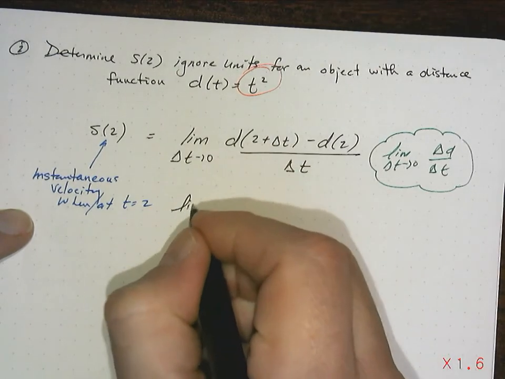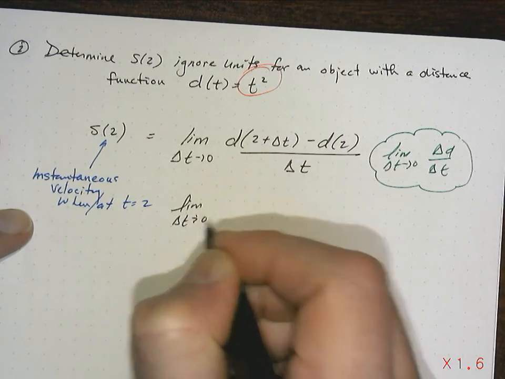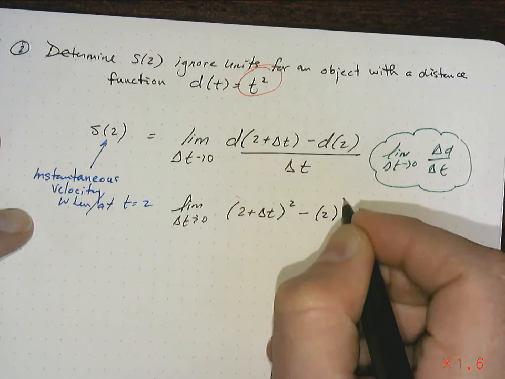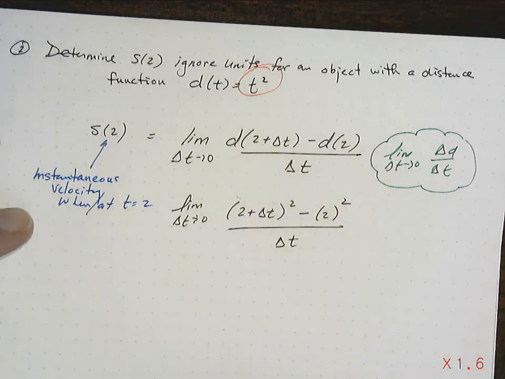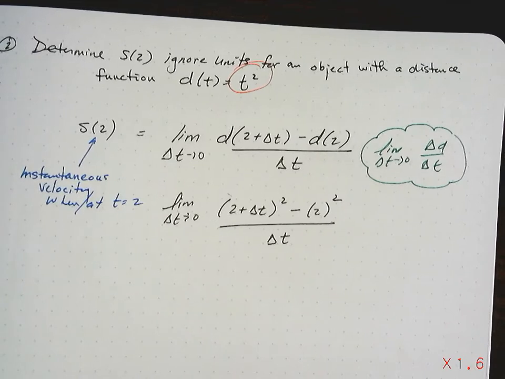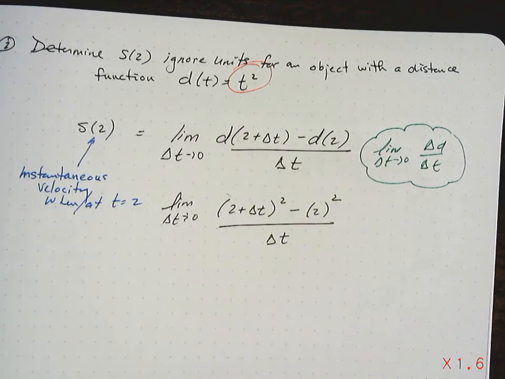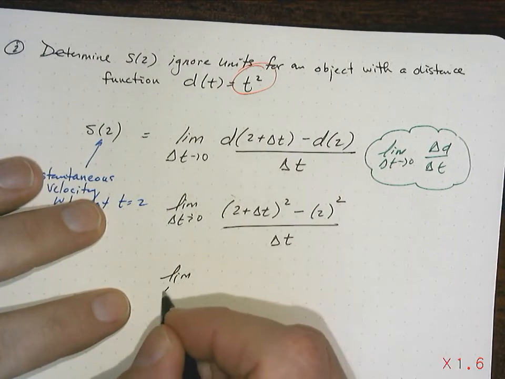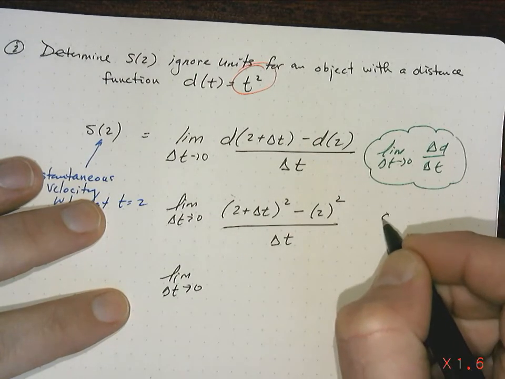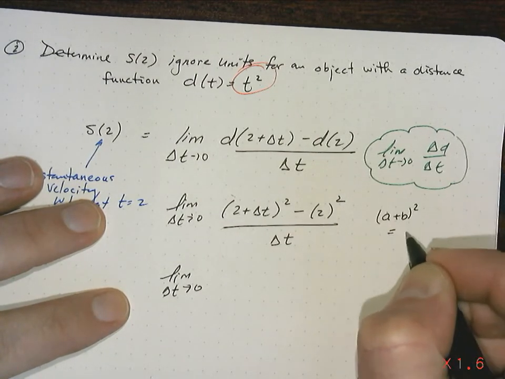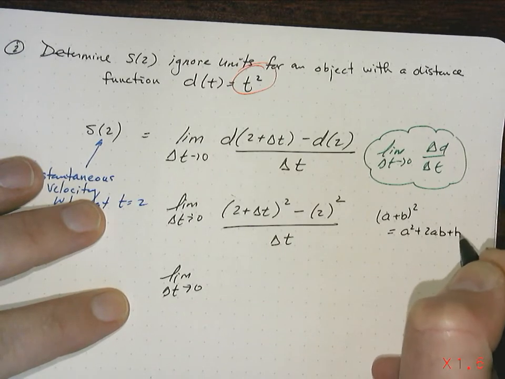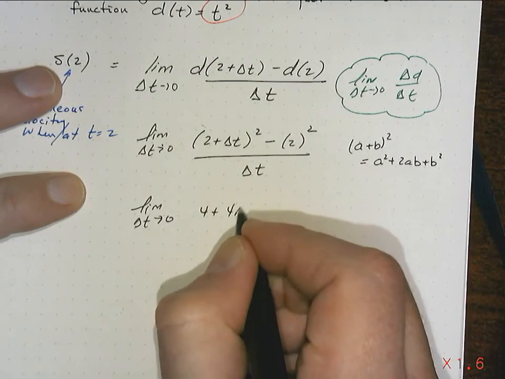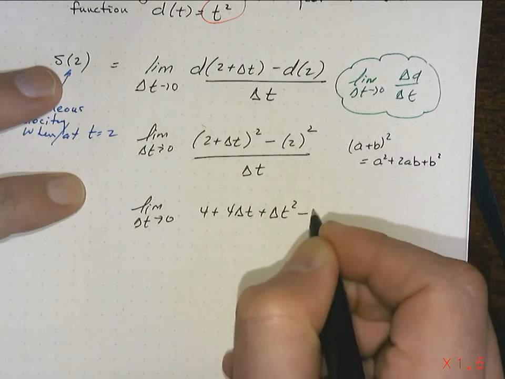So this is going to be the limit as delta t approaches 0 of 2 plus delta t squared minus 2 squared over top of delta t. Now that's unique for every different distance function, right? That always changes. So I hope you know how to expand these quickly. If you don't, you should learn. But anything of the term a plus b squared becomes a squared plus 2ab plus b squared. And you should learn that. And so this is going to become 4 plus 4 delta t plus delta t squared minus 4 over top